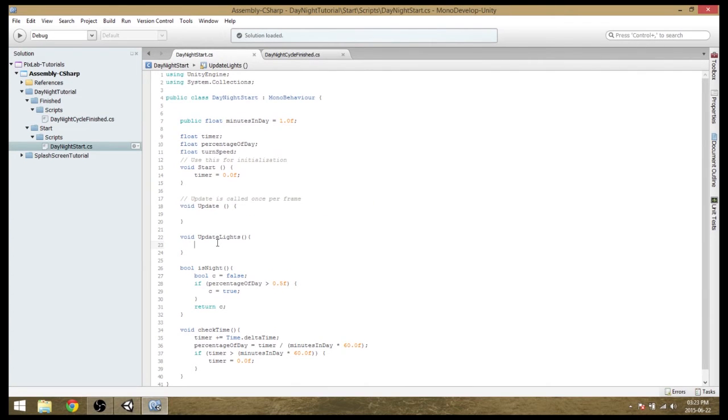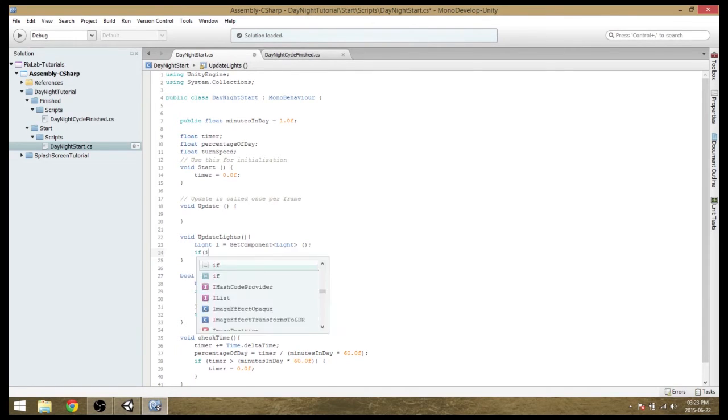Alright, so let's declare a new light inside of this method. We'll call it L. We'll say it equals get component, because remember this is going to be attached to our light, so we get the light component, that way we can reference it very quickly. And now we can say if is night, so if it is night time,